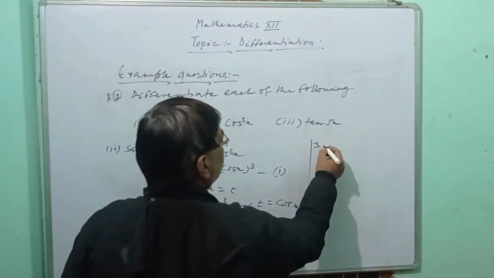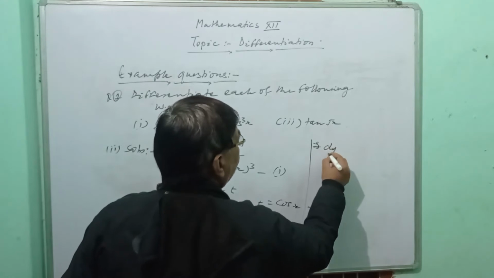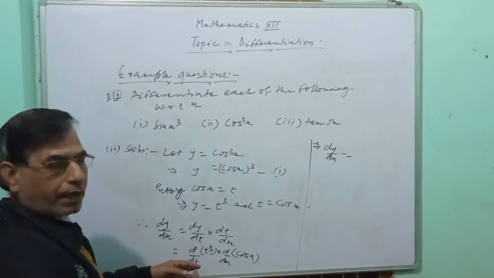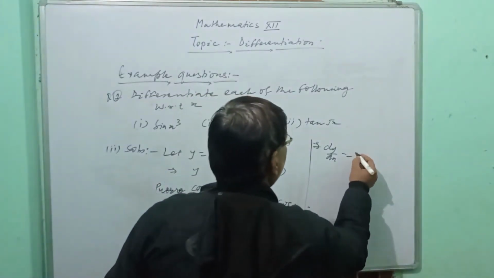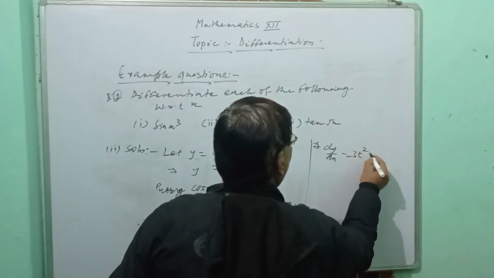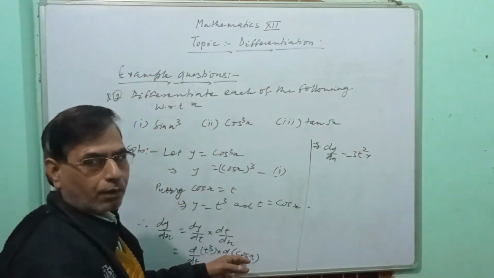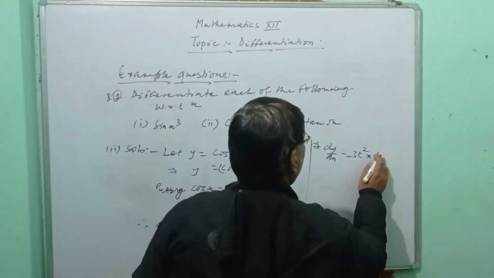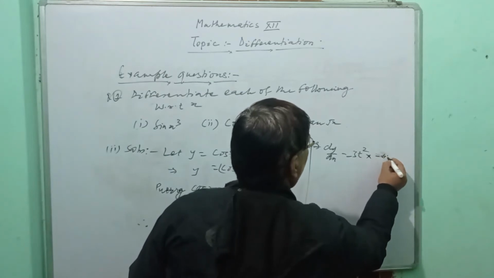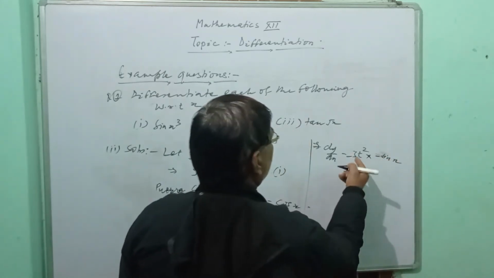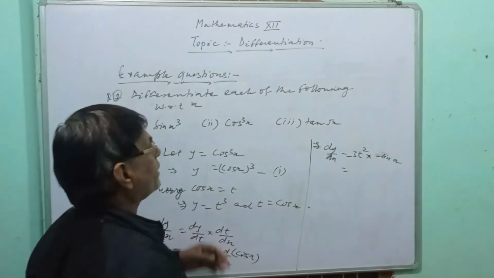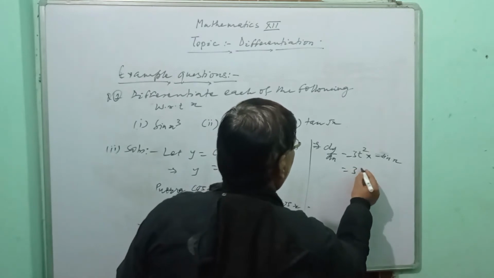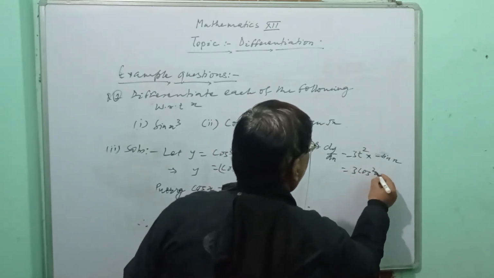This implies dy by dx is equal to the differential of t cube with respect to t, which becomes 3t square, into the differential of cos x, which becomes minus sin x. Since t stands for cos x, it is equal to 3 cos square x